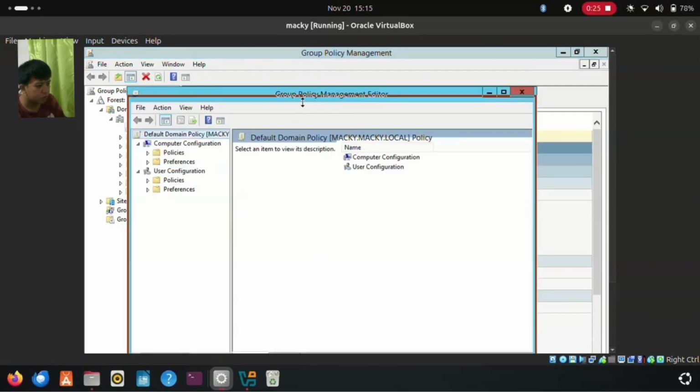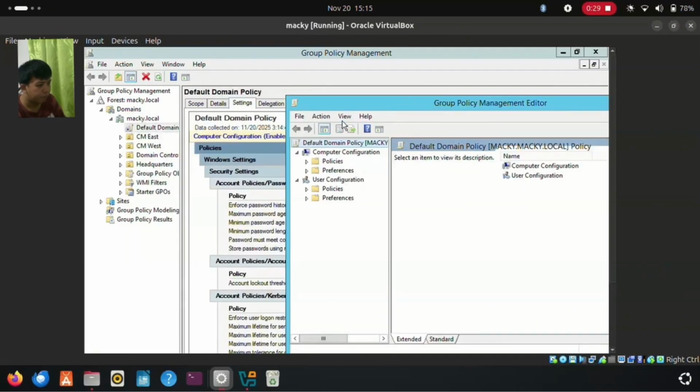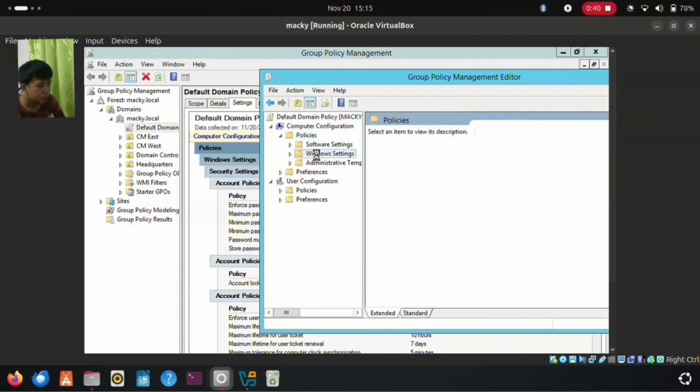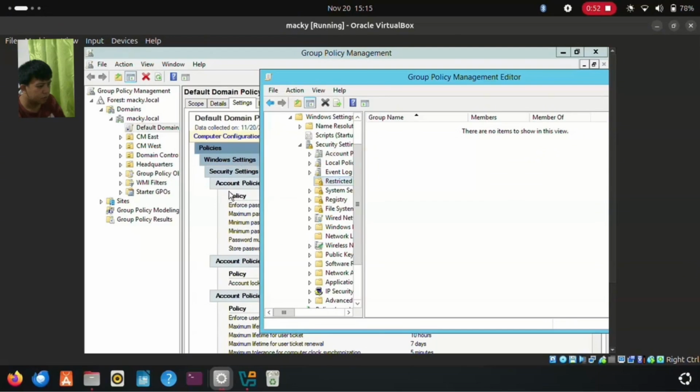Wait lang natin. Muna tayo sa policies. Click lang natin, then sa Windows settings. So una natin sa security settings.